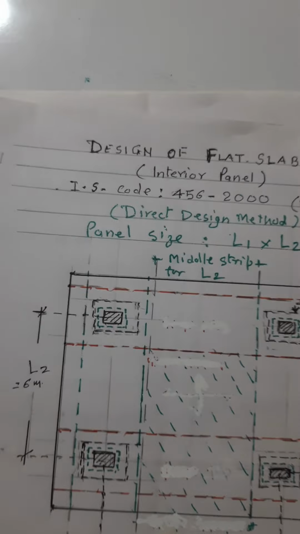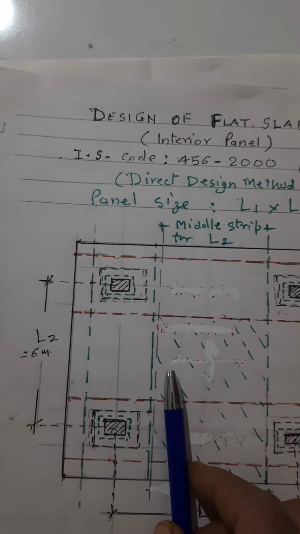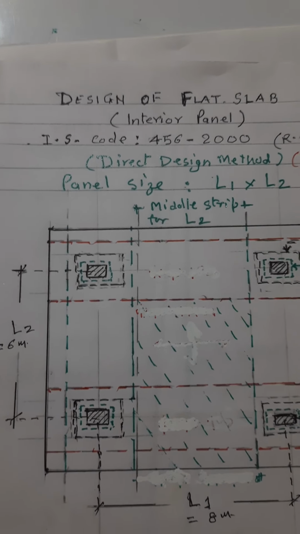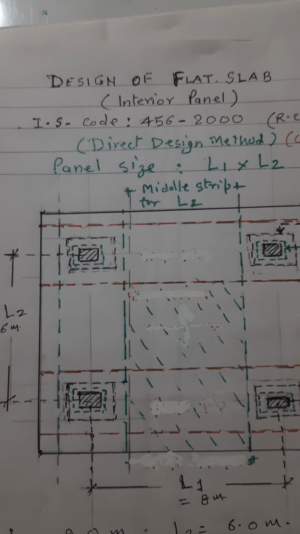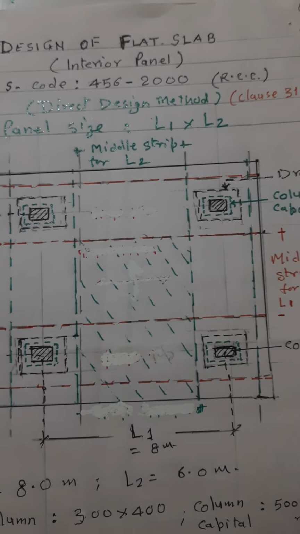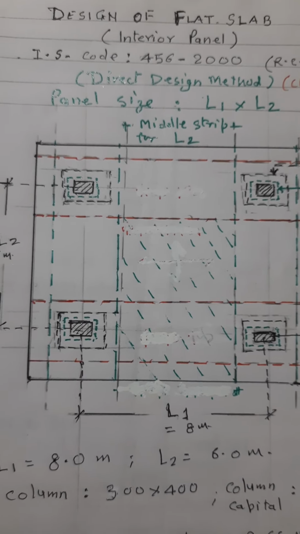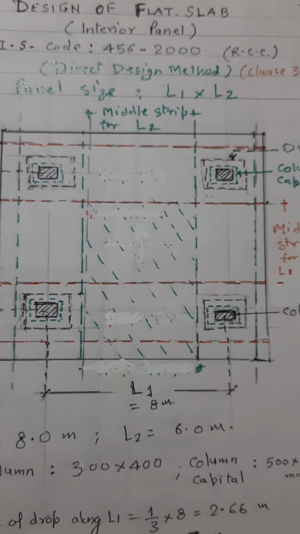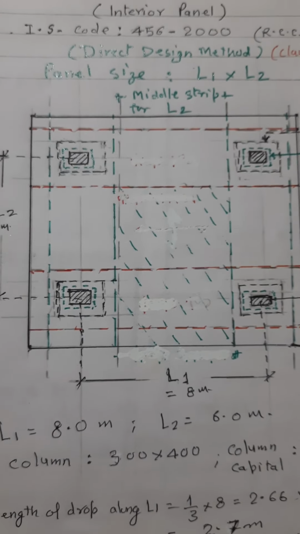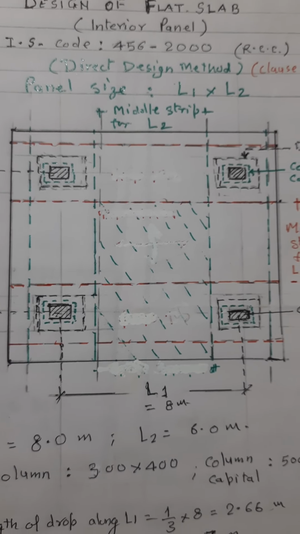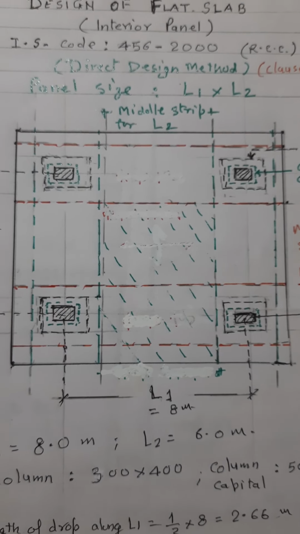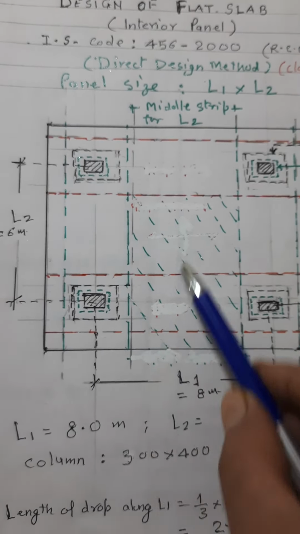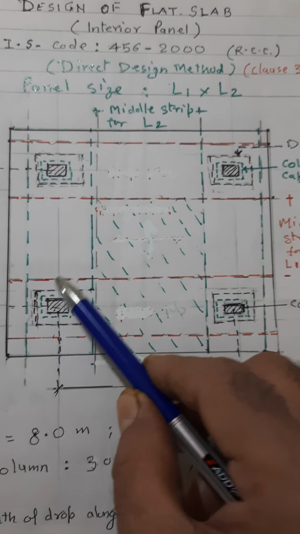So flaring or increasing the size of the column just near the roof slab is called the column capital, and generally it is taken as 25% of the size of the column. Then suppose the load is more and the span increases, definitely the load will come more. So it may punch, it may shear off. Under such circumstances, we have to increase the thickness of the slab near the column, because the whole load will be concentrating over these columns only.